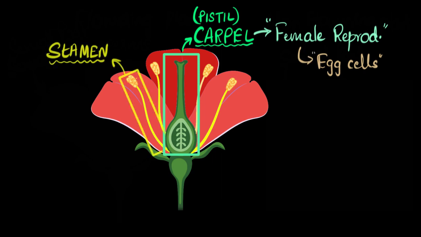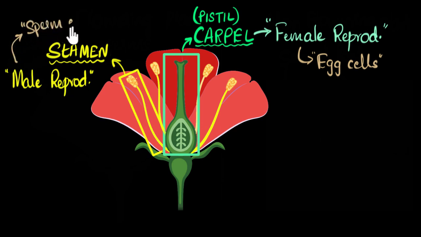The next one would be stamen. So these are the stamen. We have 4 stamens in our flower. The stamen are the male reproductive parts. So let me write that over here. All right. So the stamen are the male reproductive part. Any guesses why it's called the male reproductive part? Well, because it is where the sperm cells are made. Again, just like in animals, the reproductive part that creates the sperm cells, we call the male